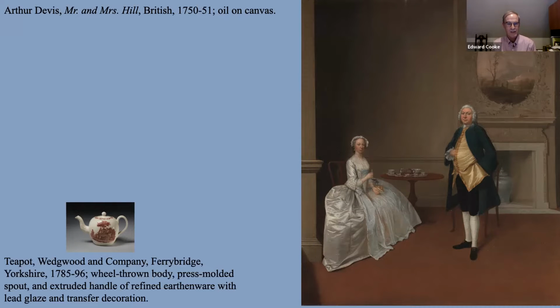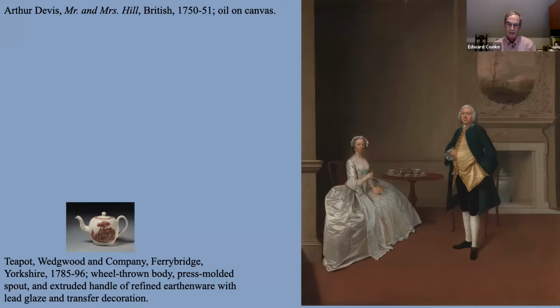And one could also think of this visually in the way in which we might look at a portrait, a conversation piece portrait by Arthur Davis, the British painter, and the way we tend to celebrate the two-dimensional object. Oftentimes the image takes priority, size-wise, over smaller things like a teapot produced by Wedgwood. And oftentimes these objects, these so-called minor arts, are in service to the meanings of the portraits.